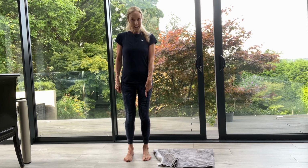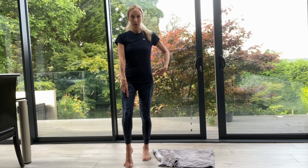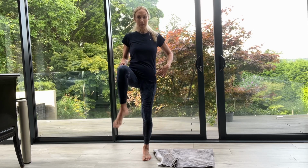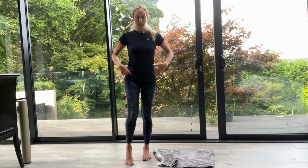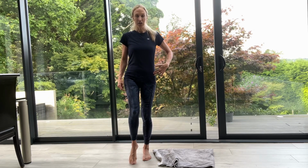Push your left heel into the floor, big toe joint and little toe joint down into the floor, and come up onto the toes on that right foot. You can hold on to something if you need to. So open up that right knee and then close, but try not to rotate round to the side, because then it's not in the hip, it's coming back through the pelvis. We want it to stay in the hip, so keep that left hip facing forward and just open and close